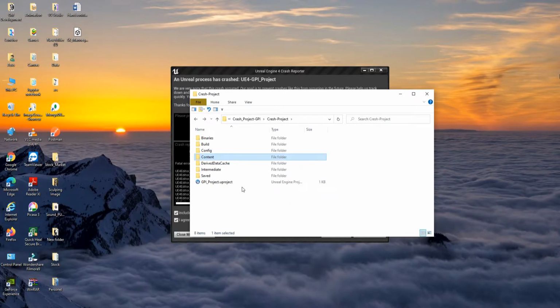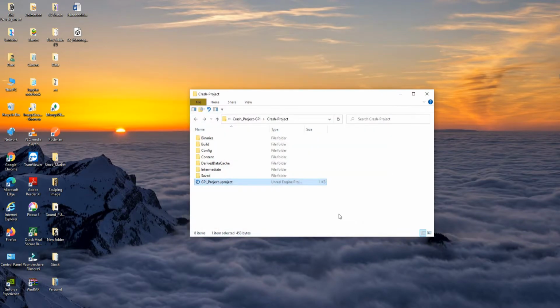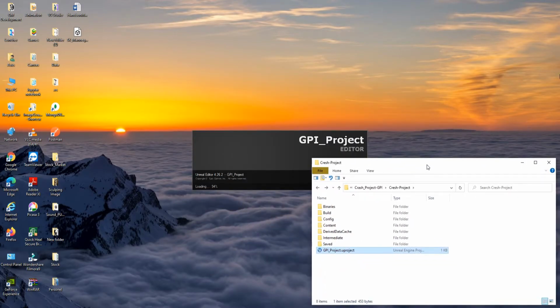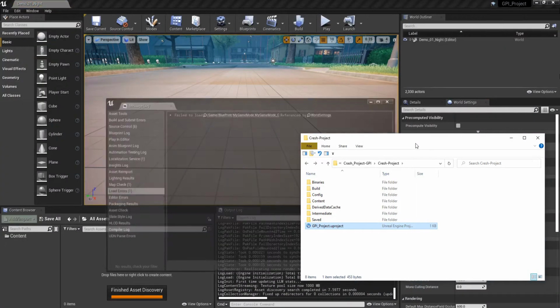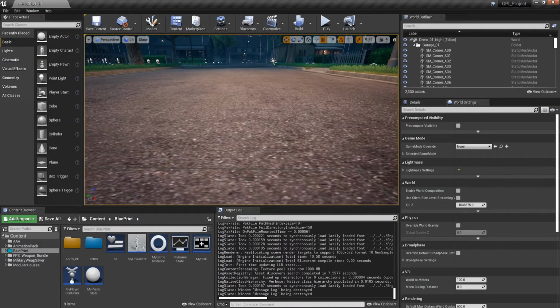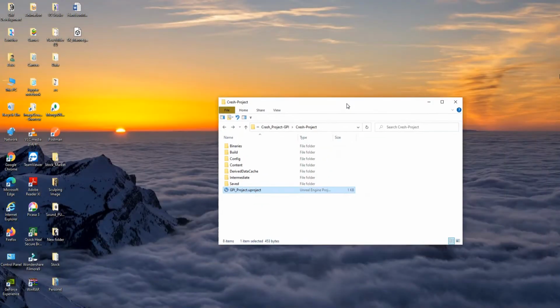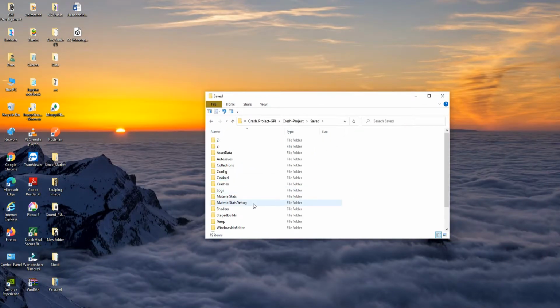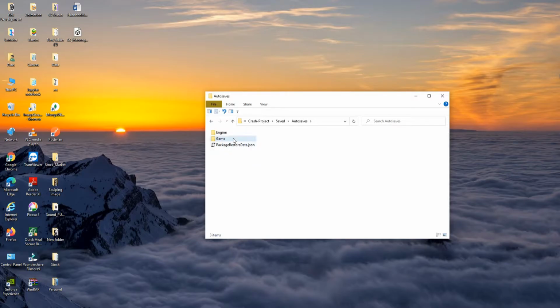Refresh and again I open my project. Now it's working for me. If your file is not so important, you can delete it, but if the file is so important for me, what can I do? Go to sim and game,